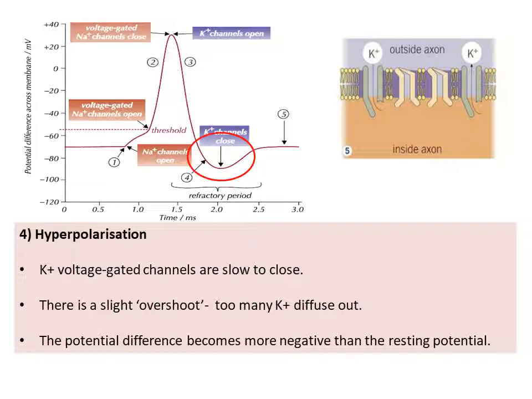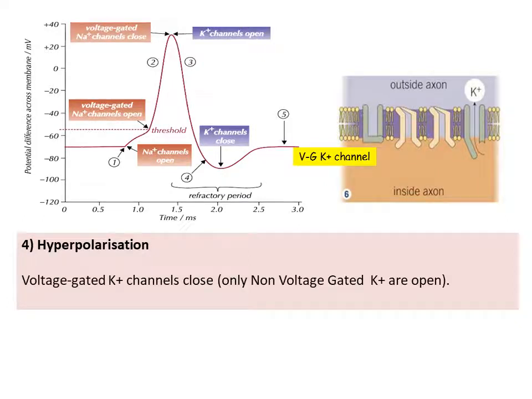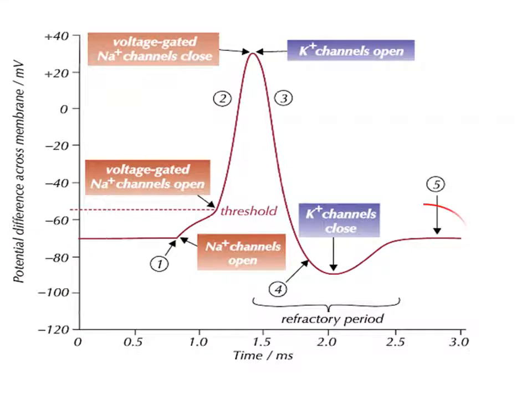We can see that here on this diagram. So we started off at about minus 70, but we've actually gone to perhaps minus 85, something like that. So this stage is known as hyperpolarization, and eventually the voltage gated potassium channels will close, and as we've said before, some of the potassium channels stay open because they're not controlled by voltage. Eventually the resting potential will be restored,